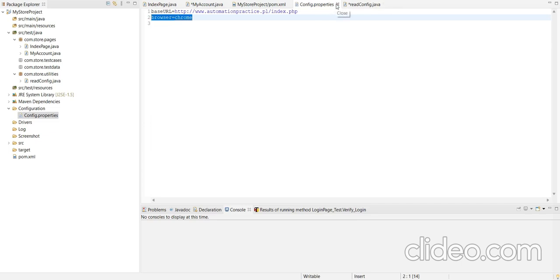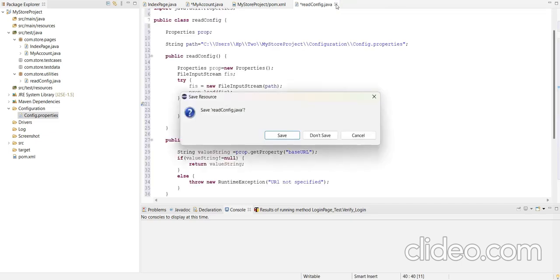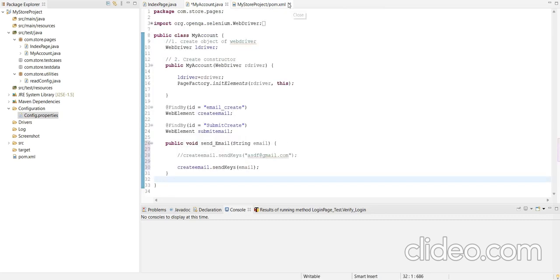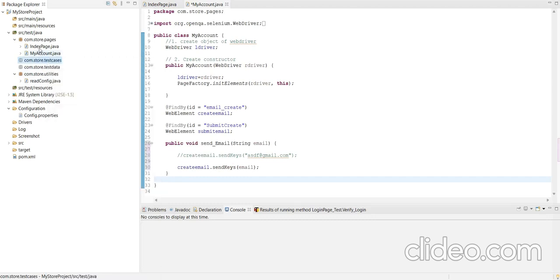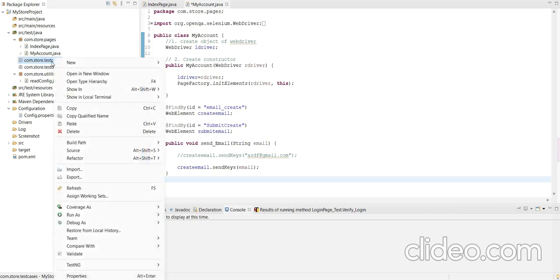Now we have to create the test cases. So for the test cases, we have created the package and here we will maintain all the test cases regarding our project. Before creating the test cases, we have to create the base class.